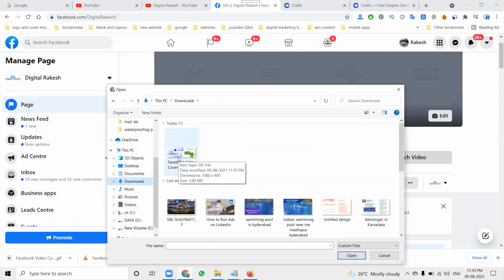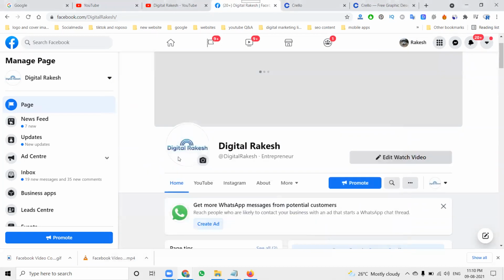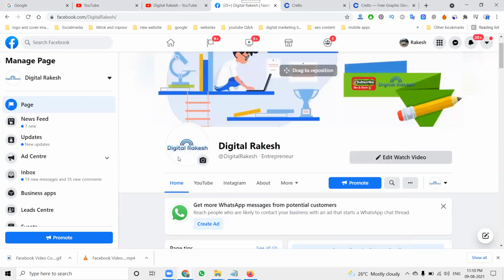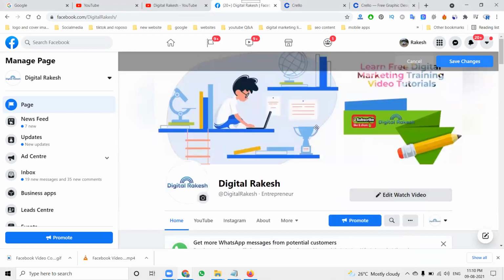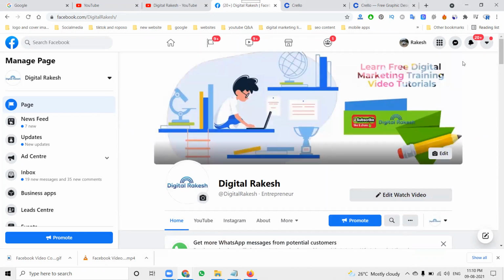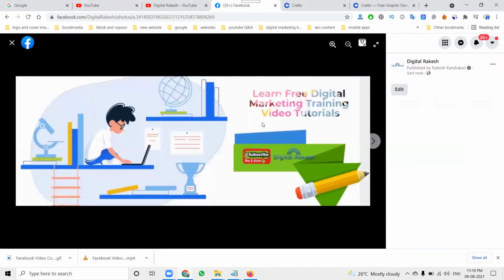Here is this, which format? GIF. So all I am saying is MP4 or GIF, I can use either. So here there will be an upload for the GIF format option. We can use the GIF format in Canva also, but I'm using Crelo for the GIF format. Click the save changes option. So this is the way we can create Facebook cover images for particular user design purposes.